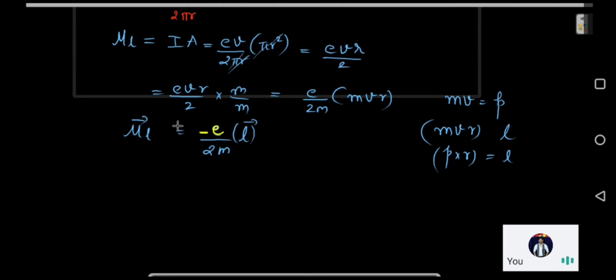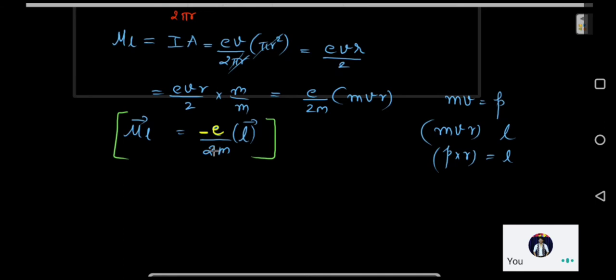If it was a positive charge, if a proton was moving, then mu L and L would be in the same direction. But that is not possible because a proton doesn't orbit. But supposing a positive charge is going around, not in an atom but in the general case, in a circular path, in a loop, in this direction, that is, current is flowing in this direction, then what will happen? In that case this will be positive and your mu L and L are going to be in the same direction. So now in vector form I can write this. This is the vector form.